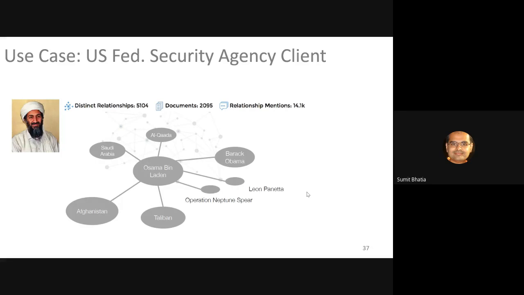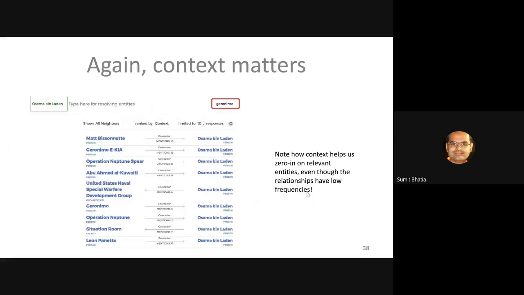Initially, when they had their system, if they tried to find other entities related to Osama bin Laden, they would always get these common entities: Saudi Arabia, Afghanistan, Pakistan, Al Qaeda, right? And they would be like, hey, this is all we know, that Afghanistan is related to Osama bin Laden and Saudi Arabia is related. This is of no use to you, no use to us, right? Then after this context part, that's how their system looked.